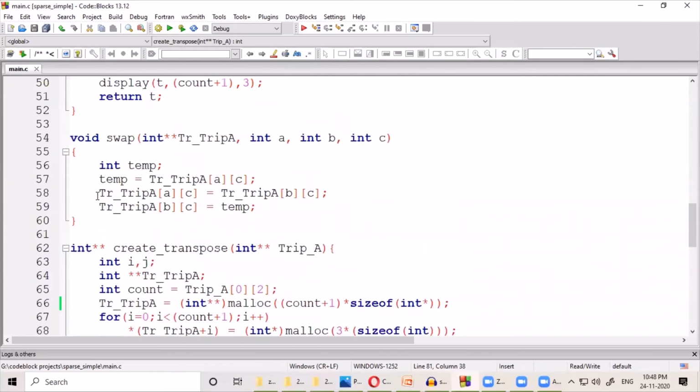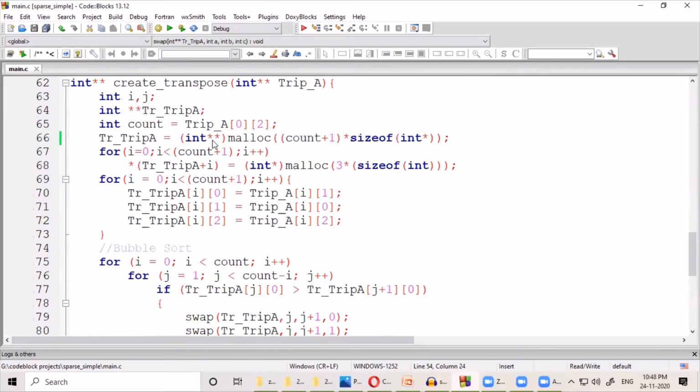So the swap function's body is somewhat like this. So you can see this is the row number j, this is j plus 1, and this is the column number. So accordingly, we are performing the swap operation. This is going to give us the matrix names. So jth row, cth column, and j plus 1th row, cth column. So we are swapping AC with BC. So AC gets held in the temporary variable. Whatever is in there in BC goes to AC. Whatever is there in temp goes to BC. So therefore, we swap it. Okay. And since we are passing the reference, whatever we are swapping over here, that information is getting updated.